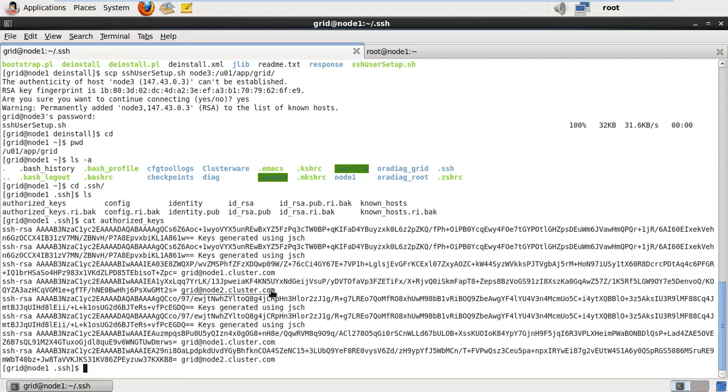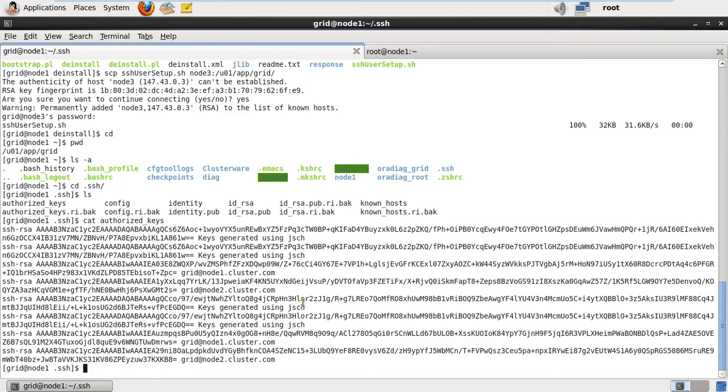So alright, a huge list over here, a little bit lengthier than what we've seen on node 3. So we are on node 1. Remember, this is a little bit complicated, but as soon as you start practicing it becomes easier. I am looking for some information over here, and it says node1.cluster.com, node2.cluster.com. So without any password being prompted, I can still connect from node 1 to node 2, but I do not have an option to connect to node 3 since it is nowhere mentioned that node 3 is also available over here. So that is the information which I am required to copy from node 3 to node 1,